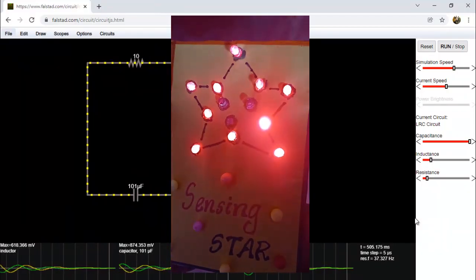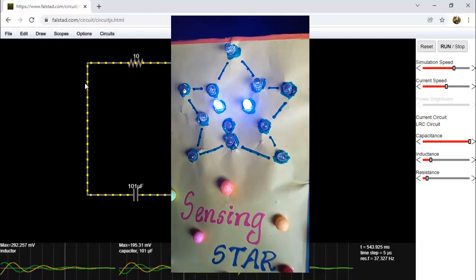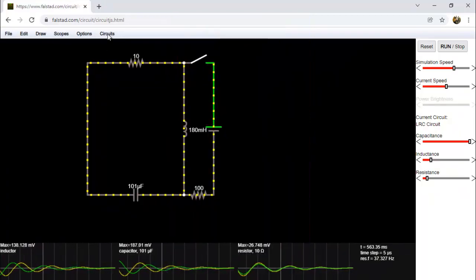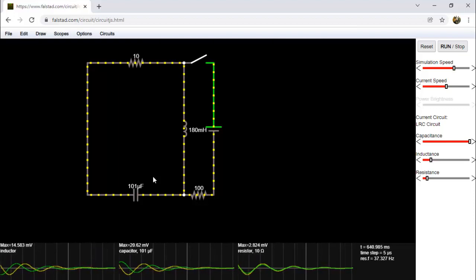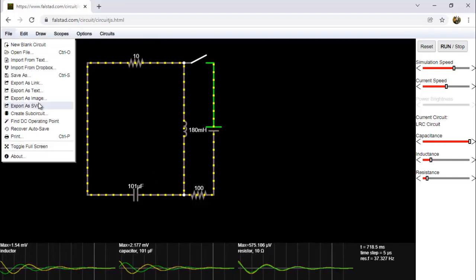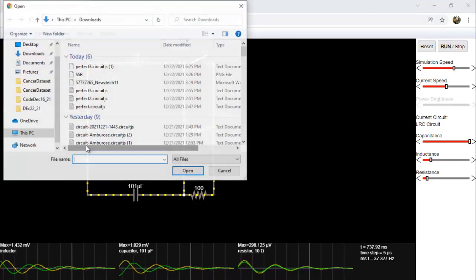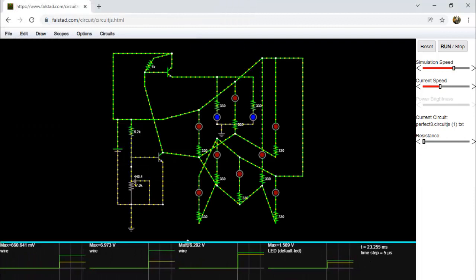So this video explains a simple circuit with LED connections and the CircuitJS working principle. First of all, we have created 110 LED connections with the help of transistors and an LDR, a light dependent resistor. So we have an automatic on/off switch. That design is presented here. So I have shown these files.